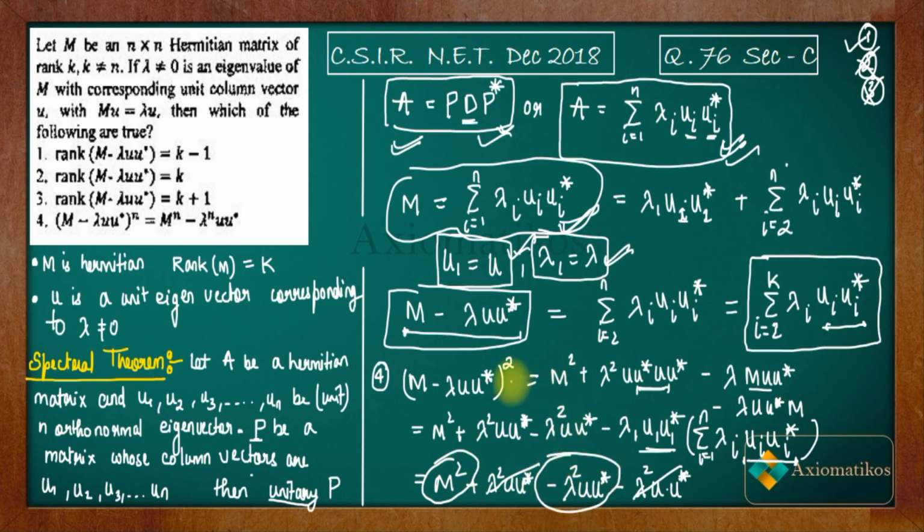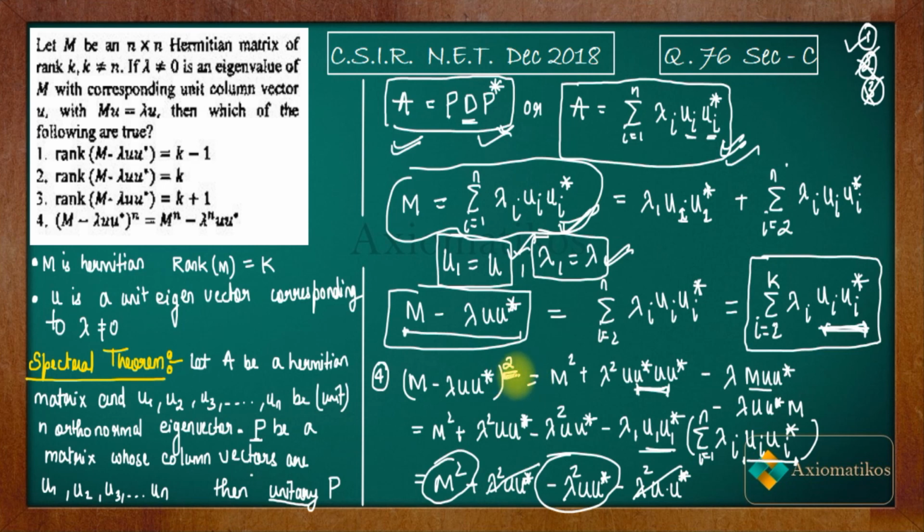So see, we proved that this thing is true for n equal to 2. Now we can actually prove it for n. I leave it as an exercise for you. The fact that you have to use in this problem is that u star u is 1, which means the norm of u is 1. And the other fact is that ui star is a space of 1 dimension, and if i is not equal to j, then ui star is orthogonal to uj star. So this is the thing that you have to use, and using that, you can prove it for n also.